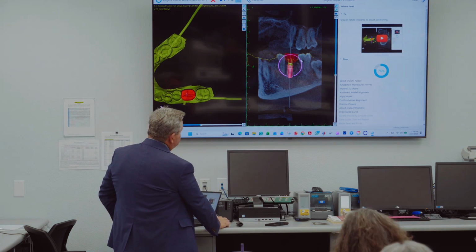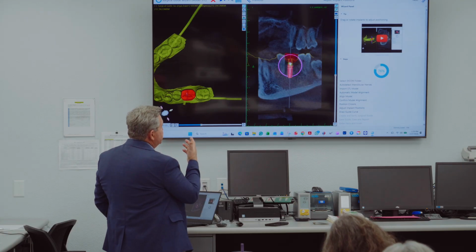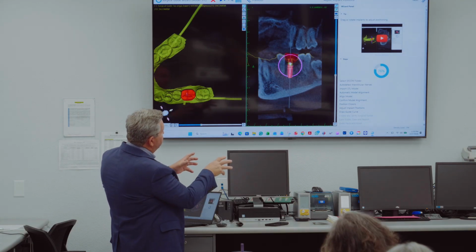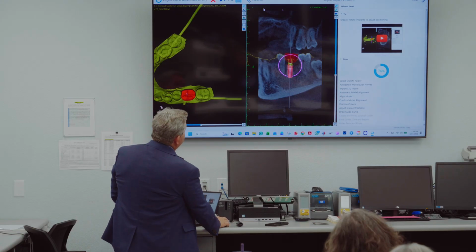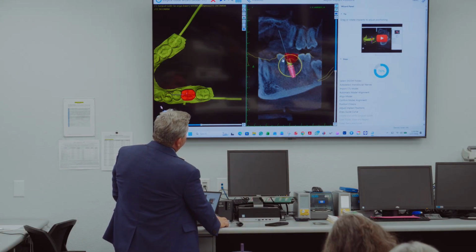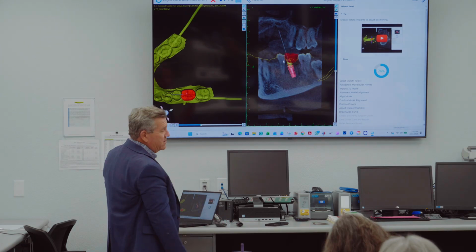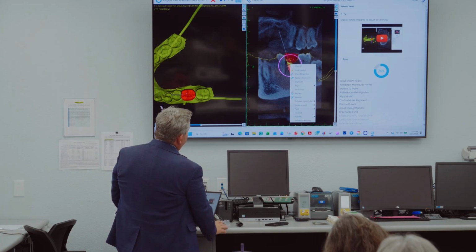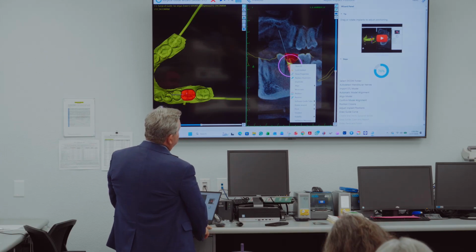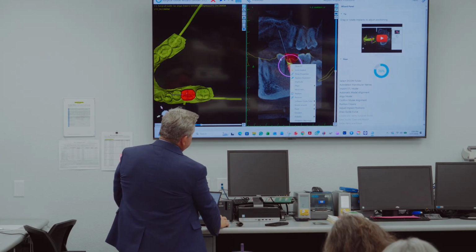All right. But if you see this one in some strange angle, or if you've made adjustments to the implant, and you need to go back and change the abutment, for example. So let's just pretend we do this. Let's just say that we needed to place the implant like that. Well, that abutment's not going to work now, is it? So what we need to do is right-click on that abutment, and we say replace,